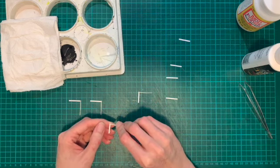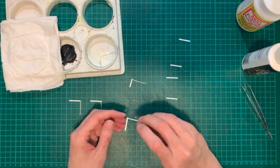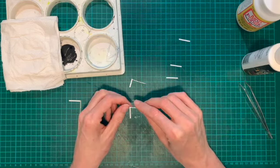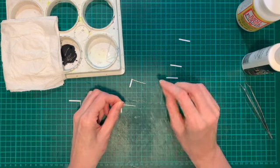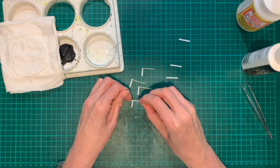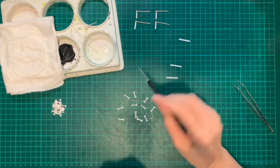So by the time we've got the super glue and the craft glue, and then you can kind of see here, I'm just pinching the two together and then just rolling it around the wire as tight as I possibly can. And with that glue, it all holds it together. And we've just got some extra piece of paper there which we can glue to the cabinet. And that's what I was talking about before, where it's just sort of sandwiched in between the two pieces of cardboard that we've got. So I'm just going to pop them aside, let them dry, and now I'm going to move on to the